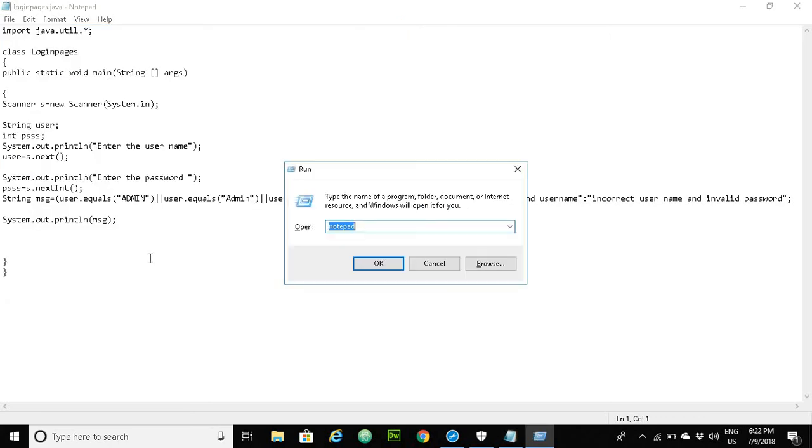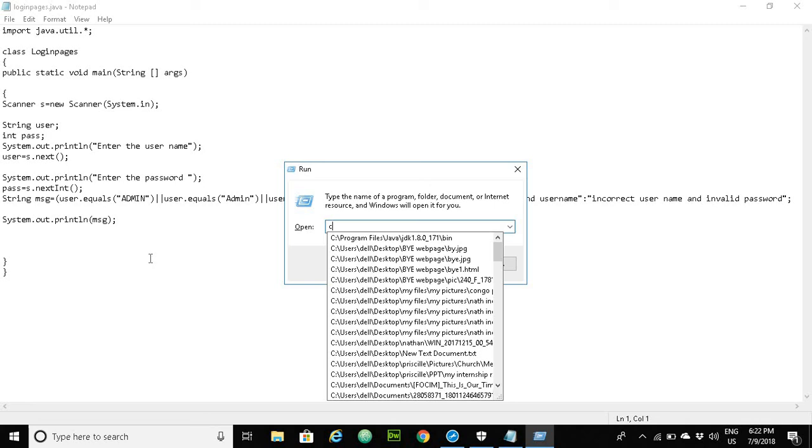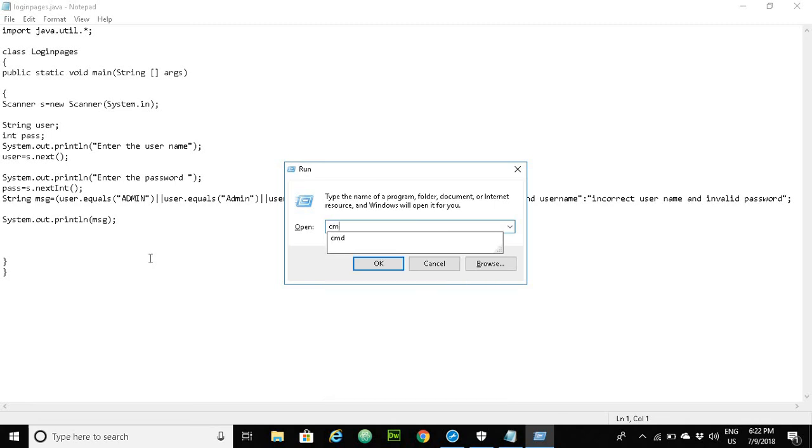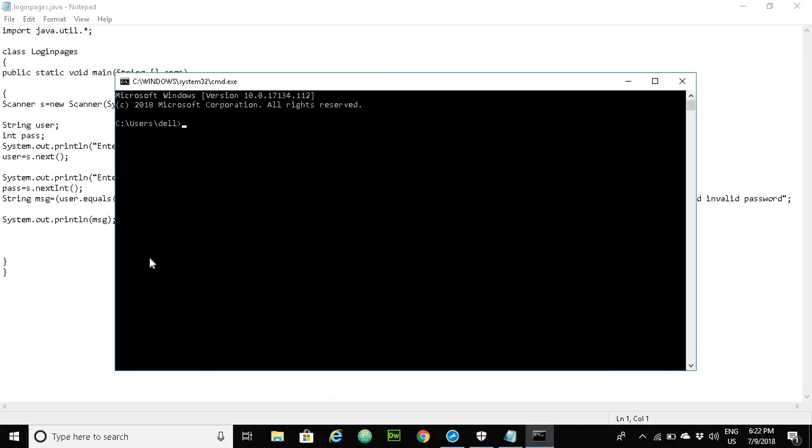So open your command prompt. We are going to run this program. Let me redirect my command prompt to my Java folder where I save all my Java programs. Now to compile, you just have to write javac, your program name, loggingpages.java. As you see, there is no error. Now I can run my program by writing java